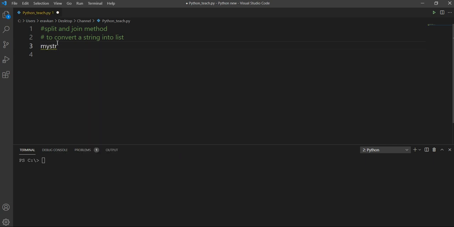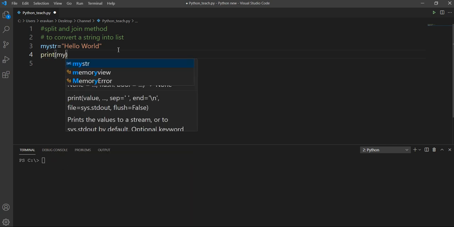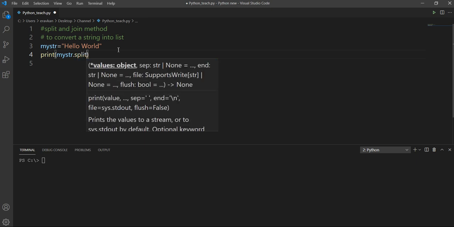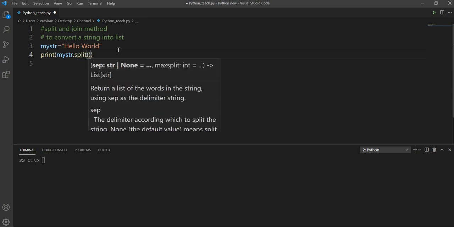If I have my string equal to "hello world", so this is my string, and if I want to convert it to a list, then I can specify by which operator I want to split it.